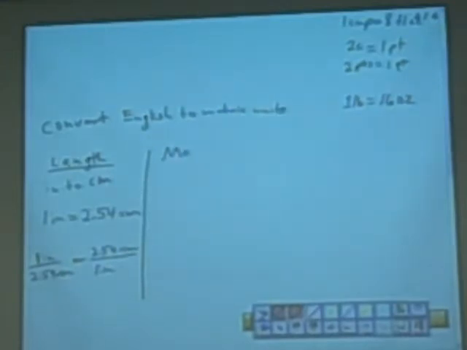For mass, and mass is another word for weight, the difference between mass and weight is weight takes into account Earth's gravity. Gravity is different on the Earth than it is on the Moon. So our weight is going to be different on Earth than on the Moon. Scientists calculate the difference in that, and they come up with mass. So our mass is the same on Earth as it is on the Moon. For what we're doing, just think of mass as the same thing as weight. And we're going to work with pounds